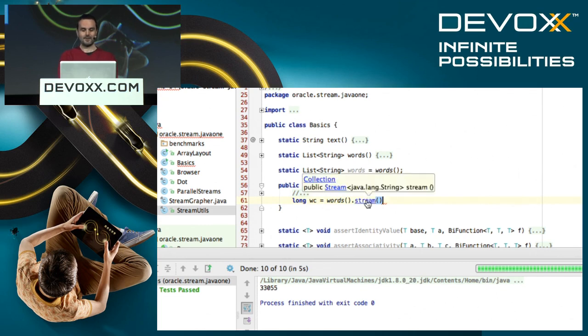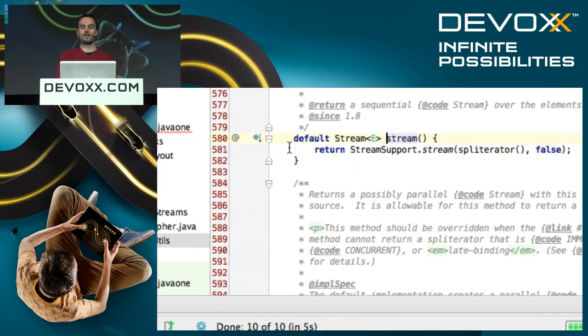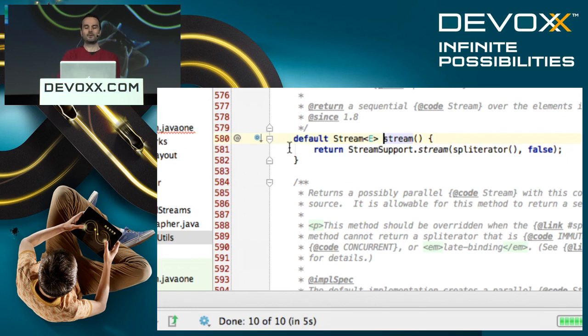So if we actually look at the code here, it's actually code in the interface, the default method there with stream. If you want to integrate streams into your own data structures and your own collections, look at how it works in Java 8 and copy it and expand on it and look at what it's doing underneath the covers there. That's the best way I can recommend you integrate your own streams into your own collections.